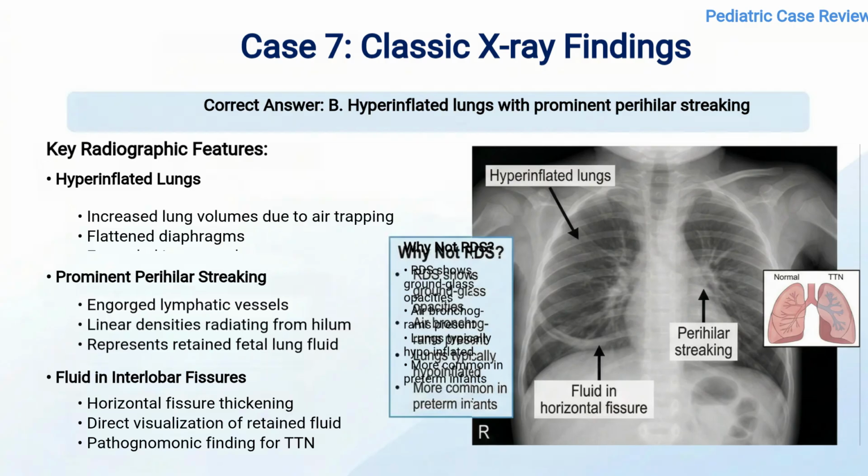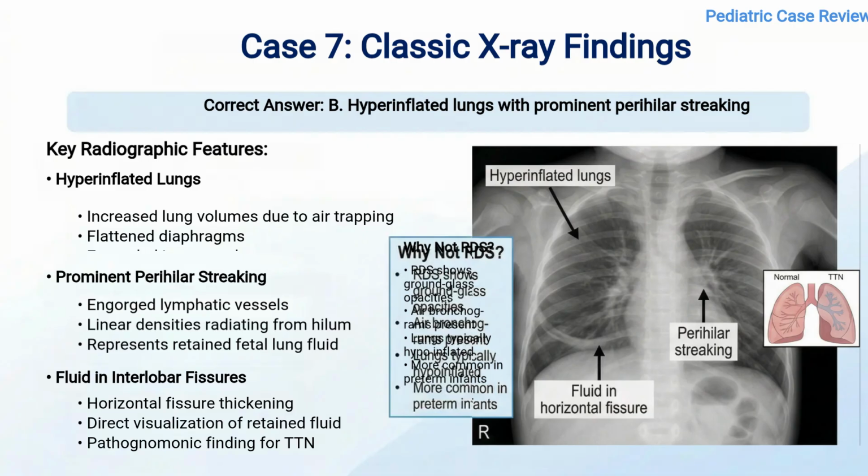First, hyperinflated lungs with increased lung volumes due to air trapping, flattened diaphragms, and expanded intercostal spaces. Second, prominent parahilar streaking, which represents engorged lymphatic vessels draining retained fluid, appearing as linear densities radiating from the hilum. Third, fluid in the interlobar fissures, most commonly the horizontal fissure, which is considered a pathognomonic finding for transient tachypnea